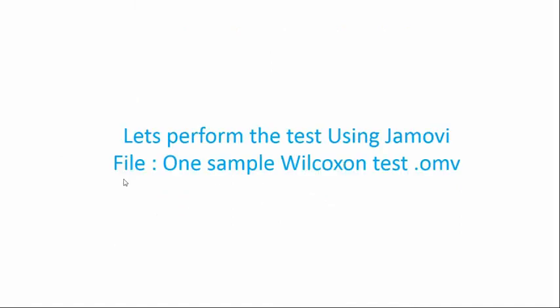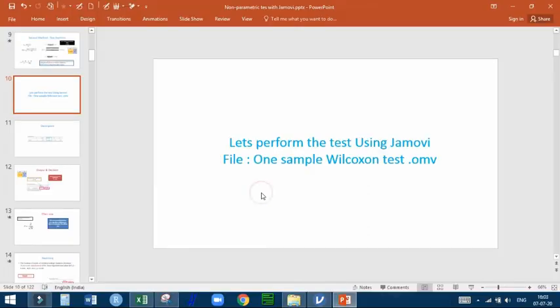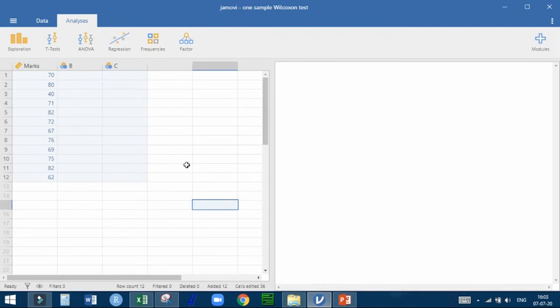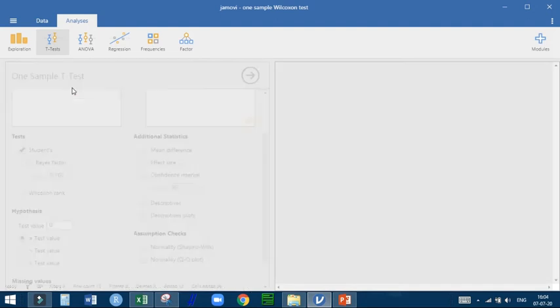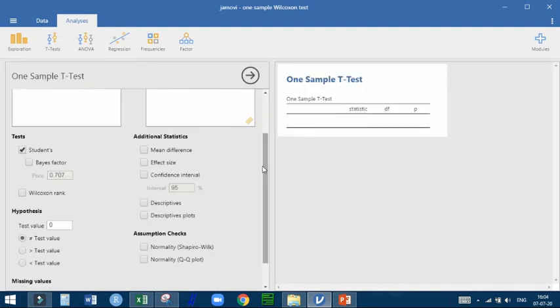Friends, I have a file in my system, one sample Wilcoxon test. Let's open Jamovi. In Jamovi, the file name is one sample Wilcoxon test. To perform this test, in the Analysis tab, t-tests, click on one sample t-test.